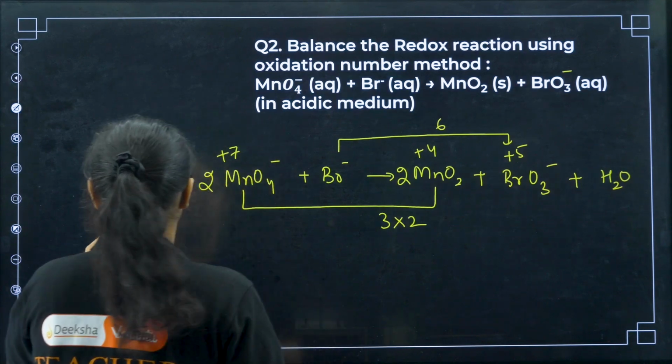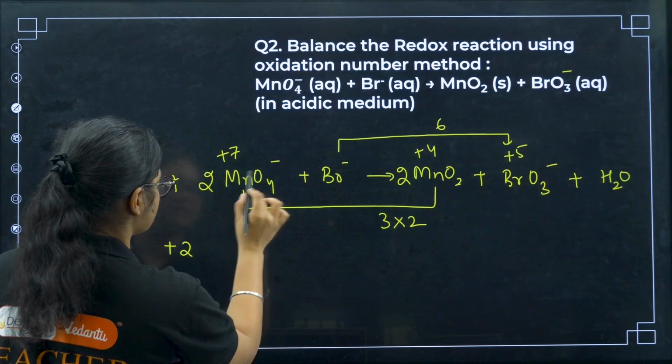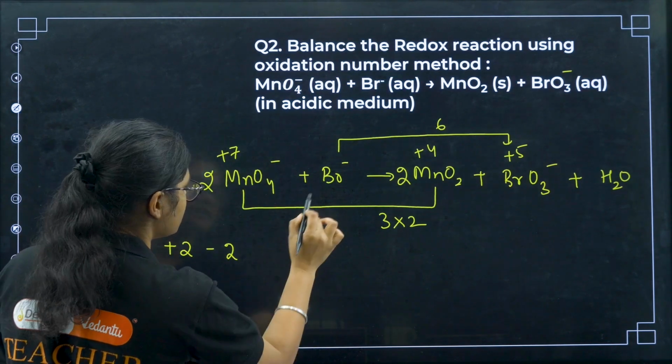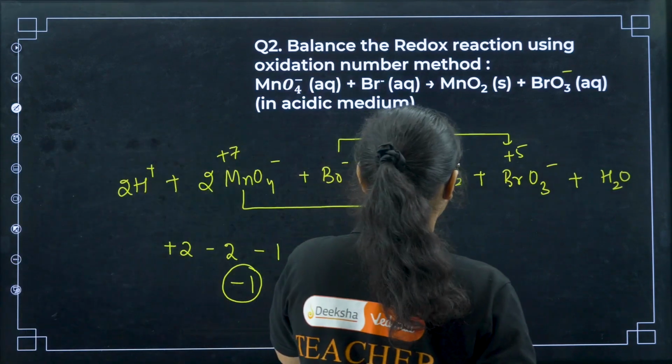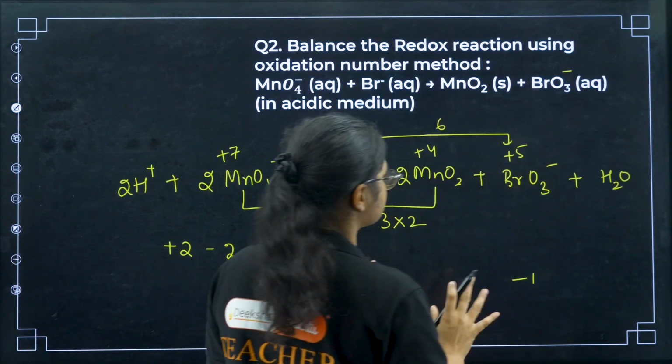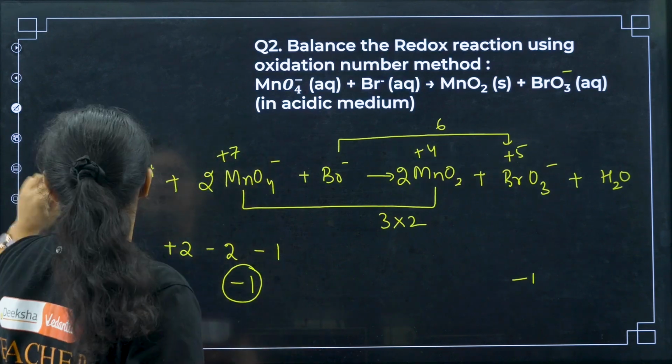So now what is the charge here? Here +2 charge is there, then here I got -2 charge and here I got -1. So total charge is -1. Now here I have total charge -1, so it is balanced. Okay. Next,